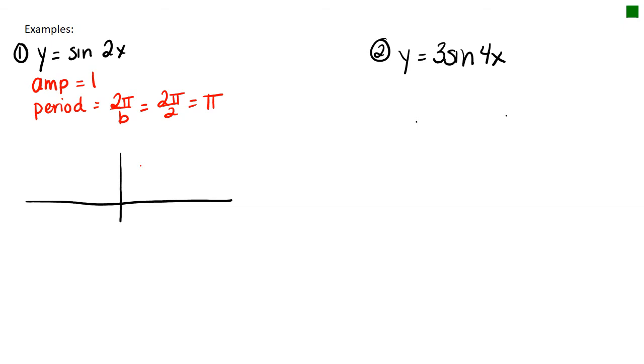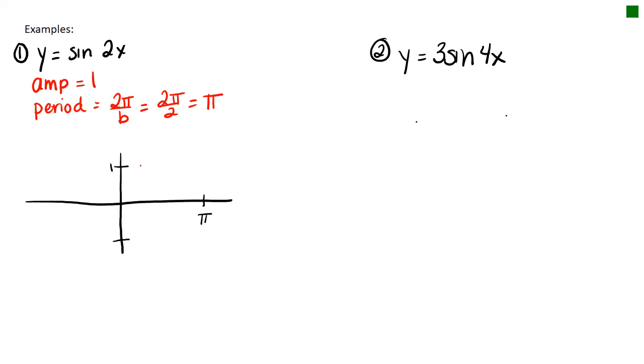Here is my coordinate plane. My amplitude is going to go by 1, so I know I'm going to go, actually let's make this a little taller. Let's erase that. All right, we're going to go up 1, we're going to go down to -1, so I'm going to make that a 1. All right, so our period is now going to go to